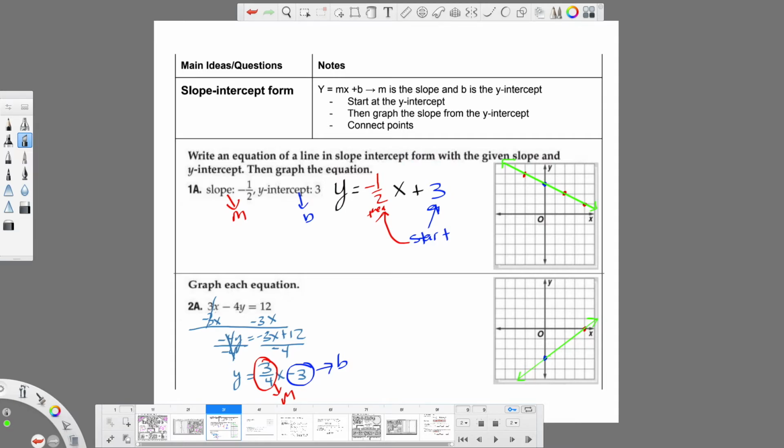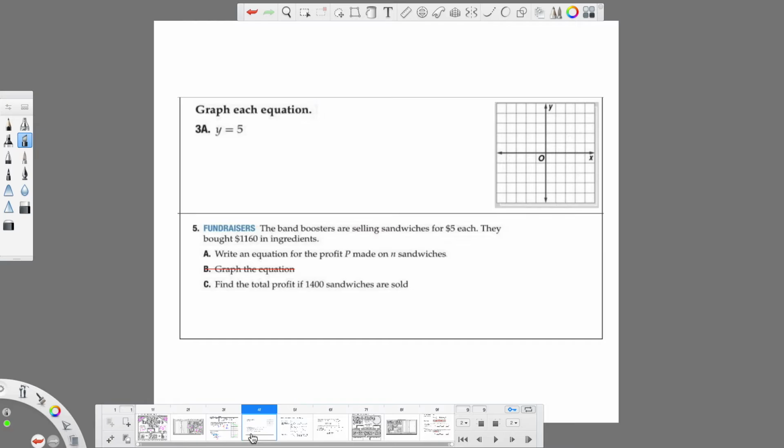Do we have another one? Oh, okay, we do have one more page. I thought we were all done with that section. Alright, so one more page, and then we'll be all done. So, graph each equation. Whenever I'm given y equals a number or x equals a number, either way,